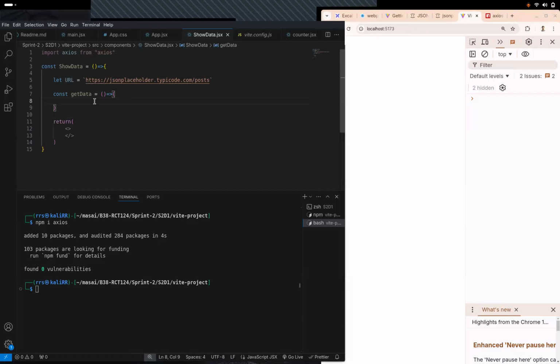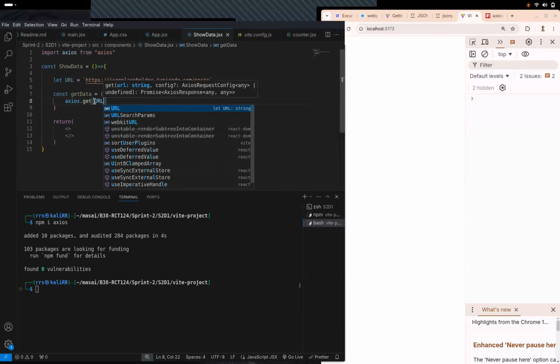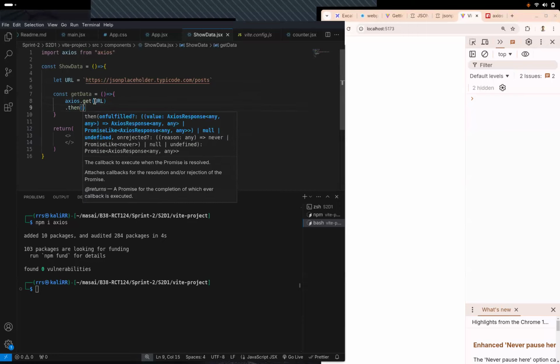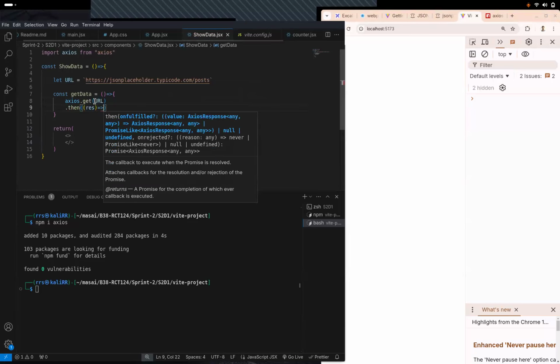Simple, Axios.get, and then the URL. That's it. We'll get the data. Once we get the data, we want to do something with it. So we'll write a .then. We'll get the response of that data.